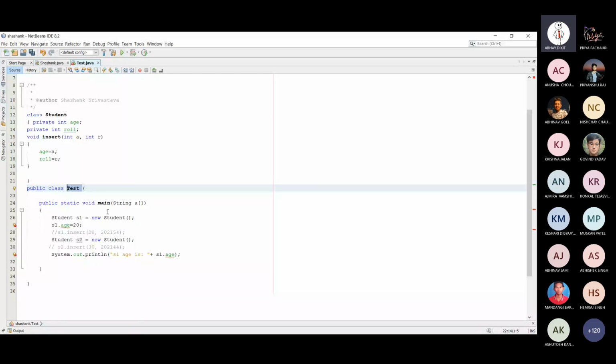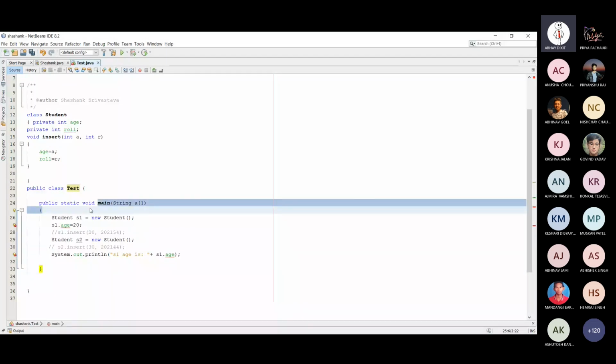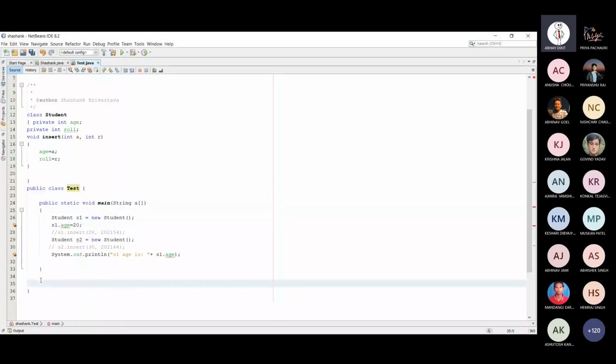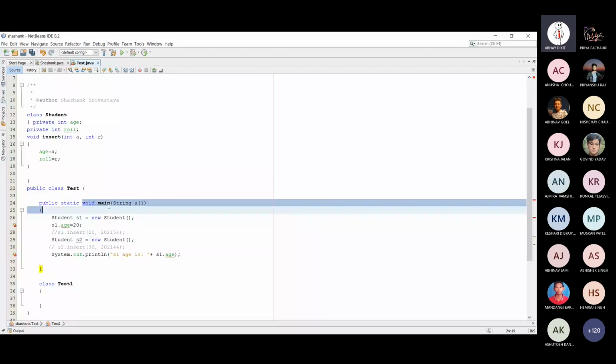But if you write two main methods, and suppose I write another class but name the program file as the class name of this particular main method, the program starts from here. The other main method behaves like a normal method. But we have to check whether it gives an error or works. Let's try it. Suppose I write here class Test1, and I write the same public static void main.